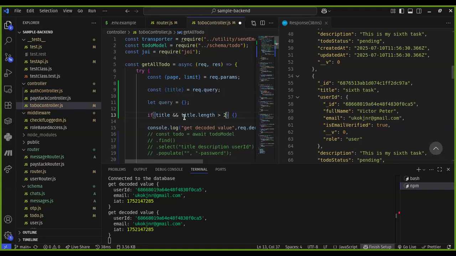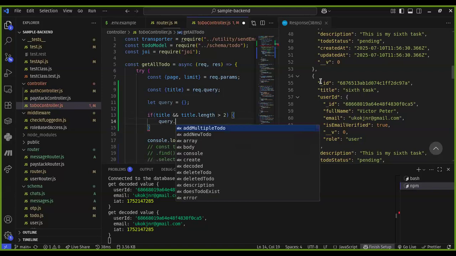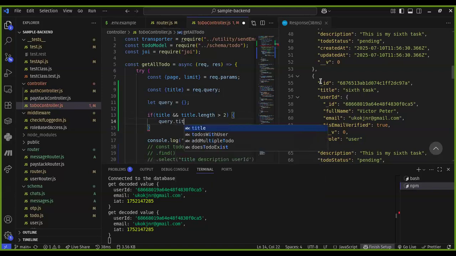So I want it that you can search for 2 characters. As far as you have up to 2 characters in your title, you can search for it. Then what I can now do is say query.title should be equal to,